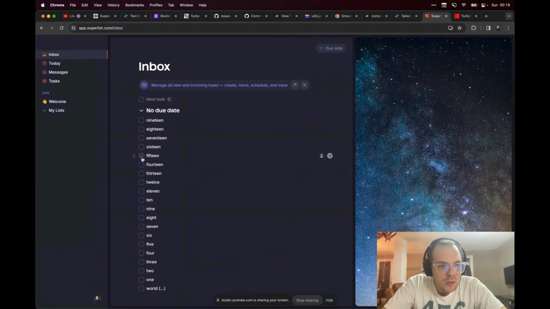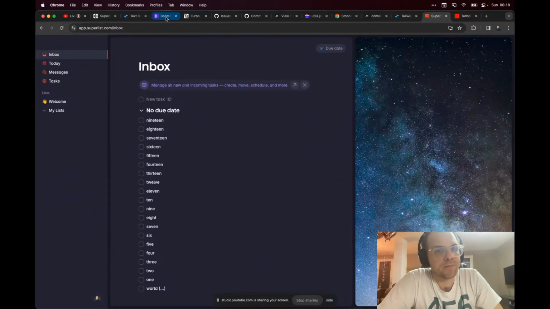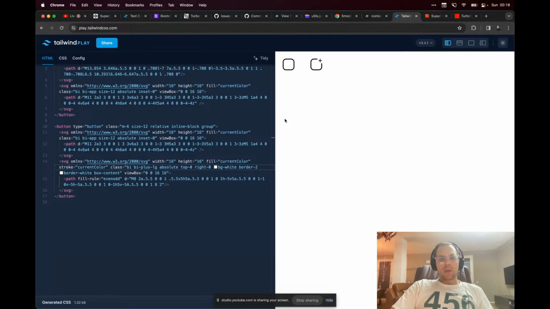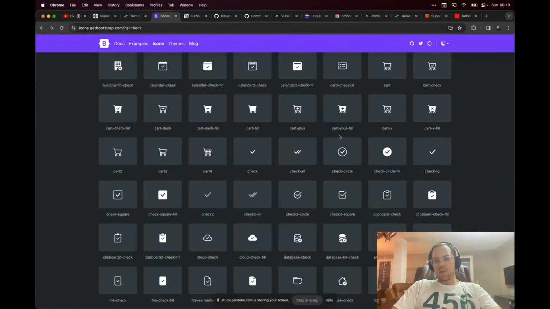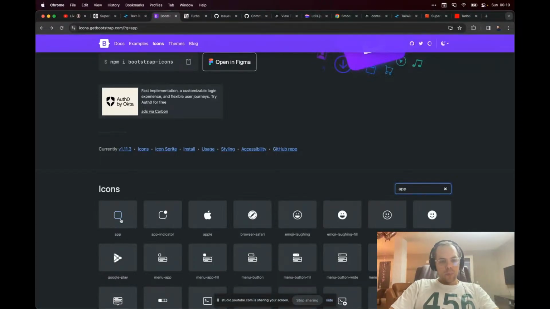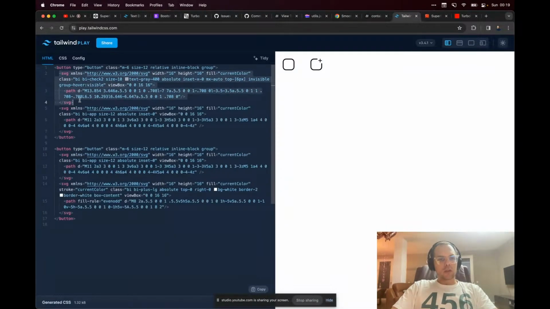That's what Superlist uses, right? These are squircle-ish. Bootstrap has these. I played around a little bit with taking what Bootstrap does have, the closest shape it has, it calls app, which is the roundedest square that they have, and just smashing two icons together, not really smashing them together, overlaying them,